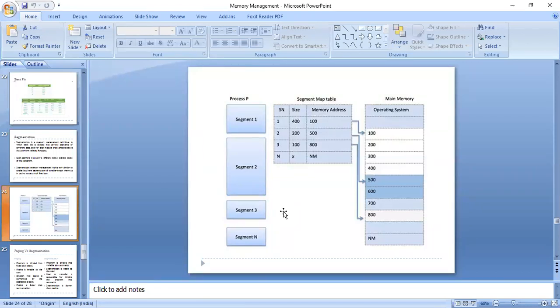So this is quite similar in a way to how we were maintaining the page table in the paging scheme. But under the paging scheme, we prefer to divide the whole process into pages of fixed size, and they are mapped to frames of equal size in the main memory. But here segments are variable in size and we can map accordingly. Wherever the slot is available, the frame is available, we will map and maintain the record in the segment map table.